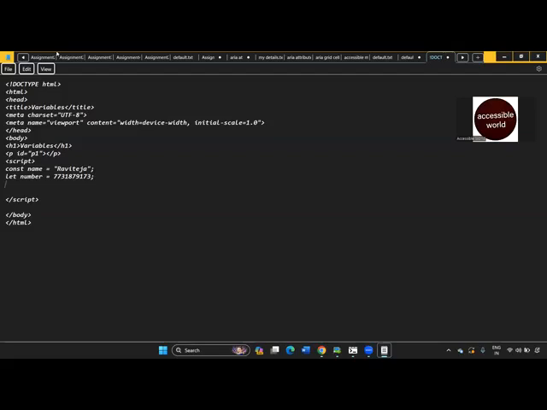If you would like to contact me on WhatsApp, you can contact me on this number. And now I'm writing let age = 33; that is it. So I have written 3 lines here: let number = 7731879173; const name = "Raviteja"; let age = 33;